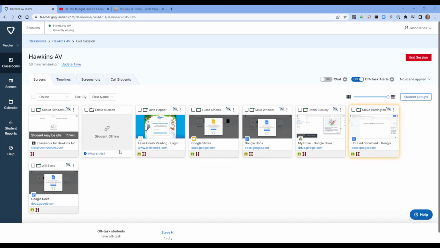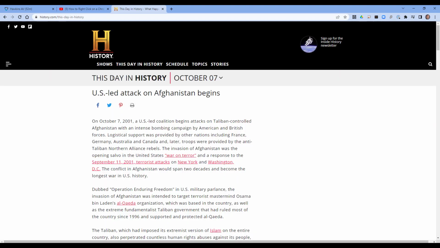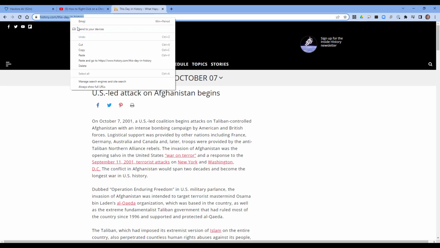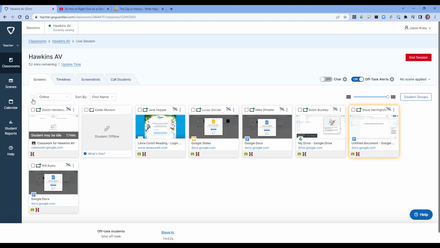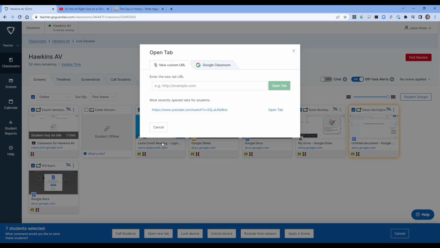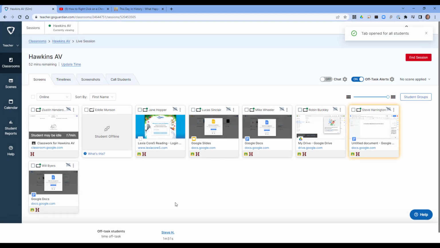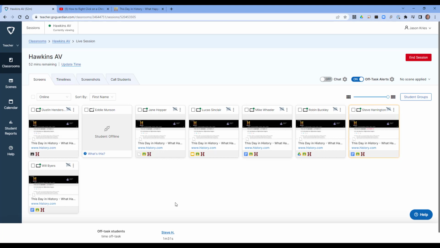That's also a pretty powerful tool if you had a link that you wanted to send to all of your students. For example, let's say I'd like them to read This Day in History, and I didn't put it in my Google Classroom because we just thought of it as a result of a conversation in class. I can choose my whole class. I can choose open new tab, and now I'm going to paste that link and send it to the whole class. So now, rather than having everyone try to get to the right spot, I can just send it out to the whole class,